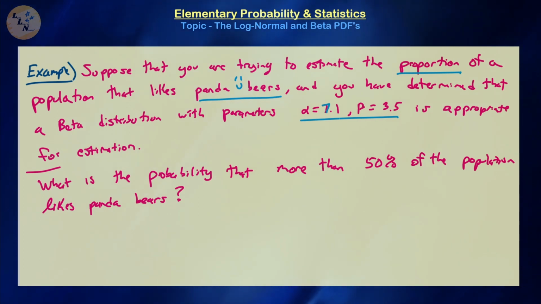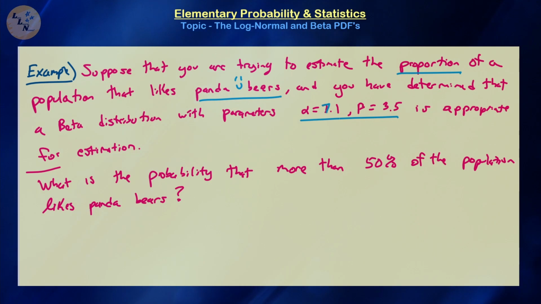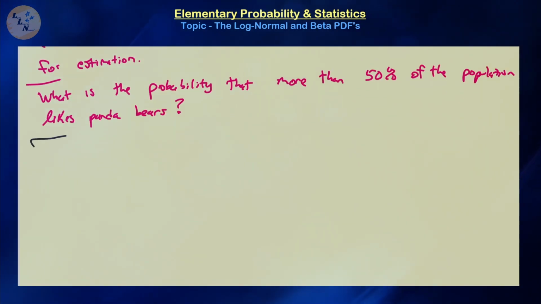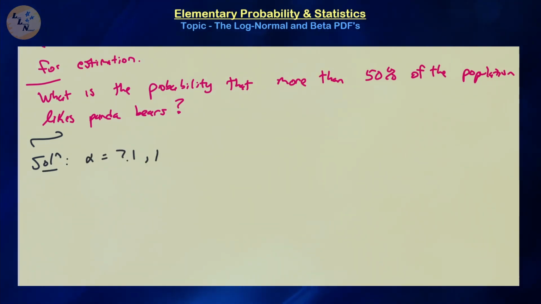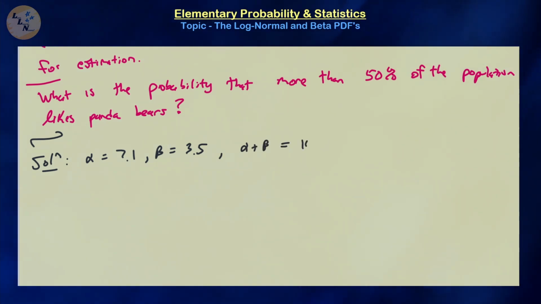So, based upon this model, what is the probability that more than 50% of the population likes panda bears? Is it definitely certain, like 100%, 80%, or is it like a 50-50 type of thing? So, let's build our model. What do we know up to this point? We've decided that alpha is equal to 7.1 and beta is equal to 3.5, and there are definitely different ways that you could estimate these parameters if, for example, this is something you want to construct. So if alpha is 7.1 and beta is 3.5, that means alpha plus beta is going to be equal to